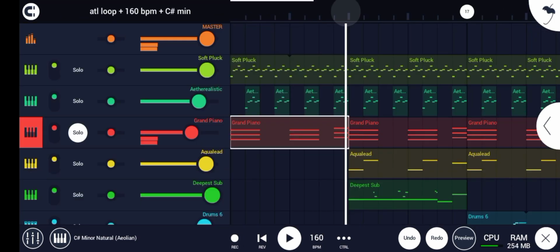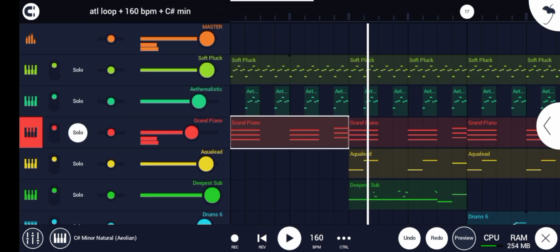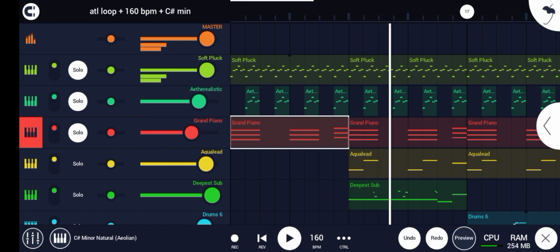And then after that I went straight to the drums. No, wait, I added this one sound. This is a